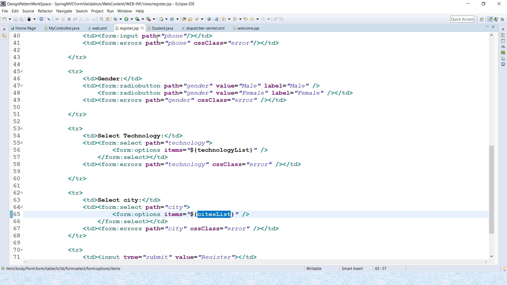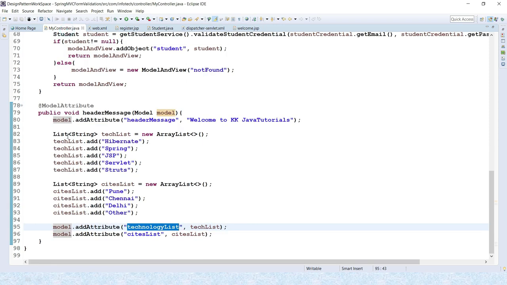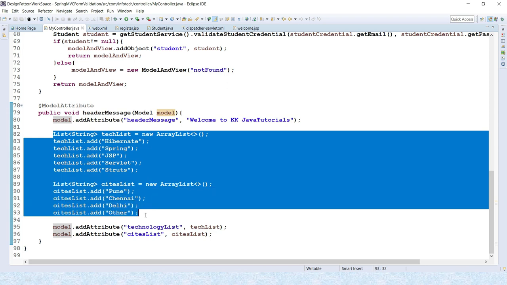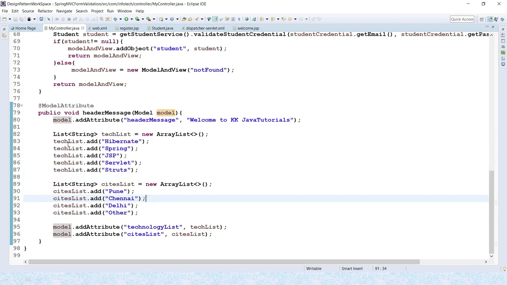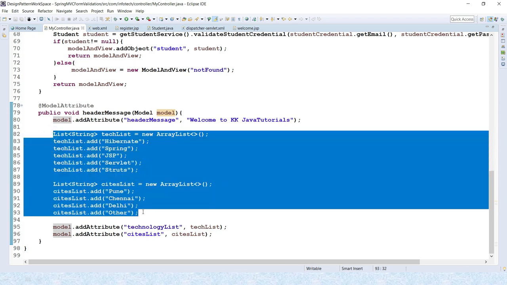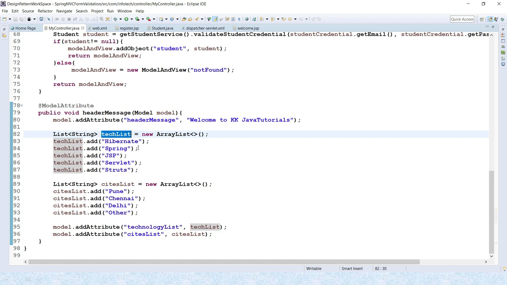But in a real scenario you shouldn't hard code these things in the controller method itself. This was supposed to come from the database. So the list of cities or list of technologies we should populate into a database, so that tomorrow if you would like to add some more technologies or cities, you can easily add them in the database, and the controller will pick up the latest list from the database, right?